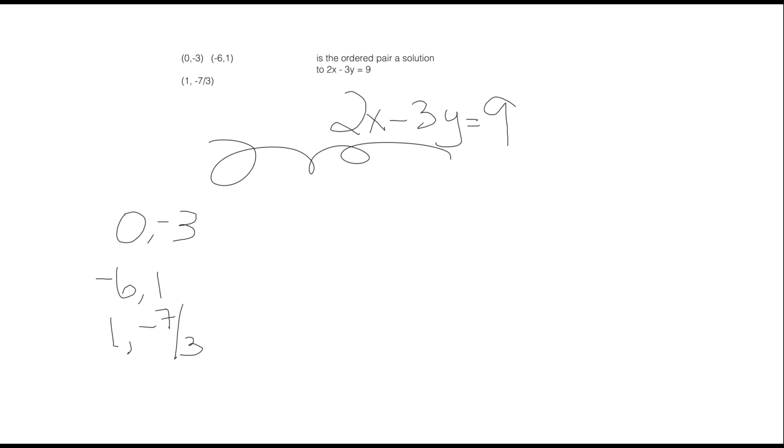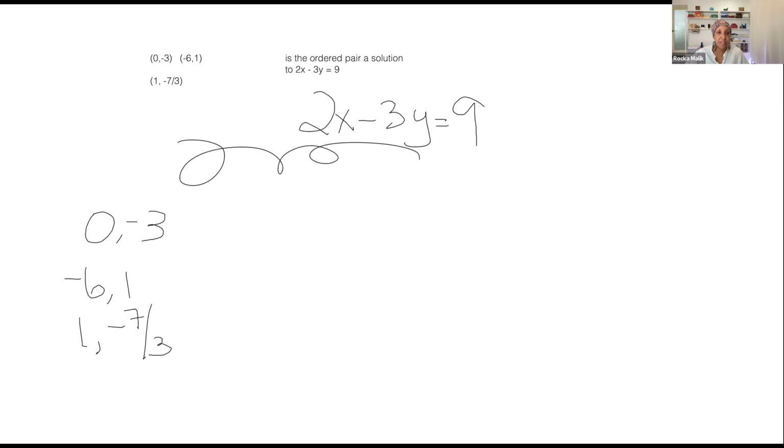You have to do that XY table. This time I'm not guessing numbers. I want to check these. I want to just check the numbers that they're giving me. So these are my X's and these are my Y's. So if X is 0, and we work it out,